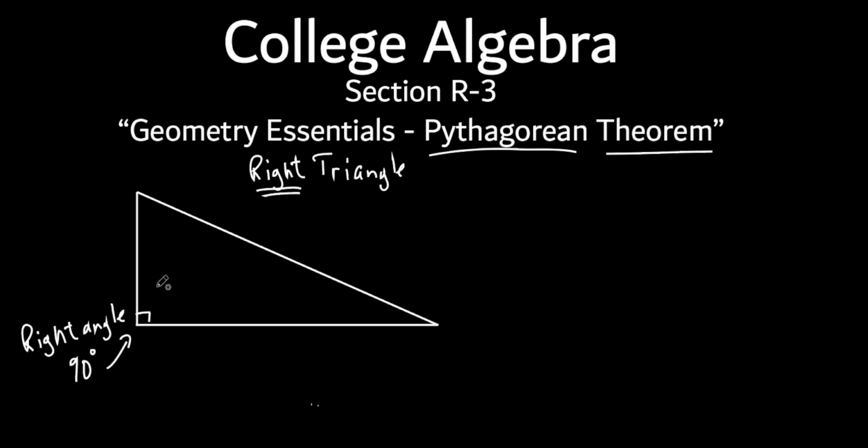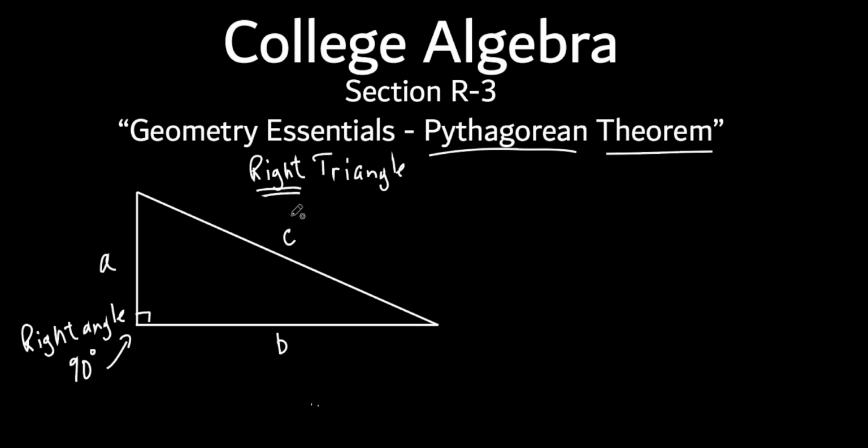So let me just do this. A lot of times when you use Pythagorean theorem, they use the letters A, B, and C. When I talk to people about Pythagorean theorem, I say Pythagorean theorem is as easy as ABC. Why do I say that? It's not because it's super easy. It's just because you have the letters A, B, and C in it. Now you could call them anything. You could call them X, Y, Z, P, R, Q. You could use any letters that you wanted, but that's what we usually use is A, B,